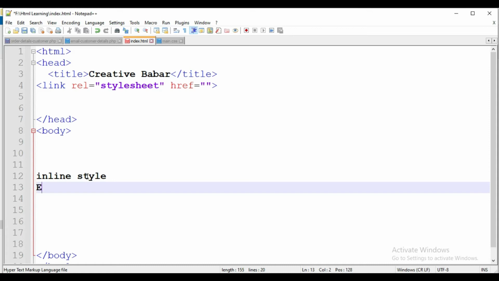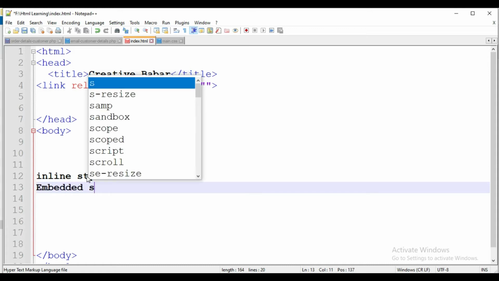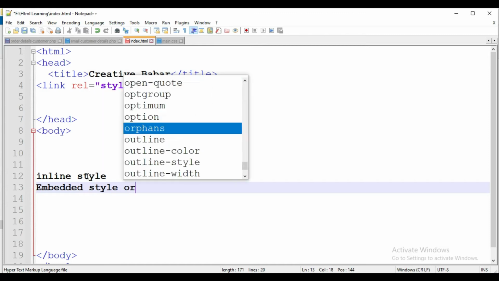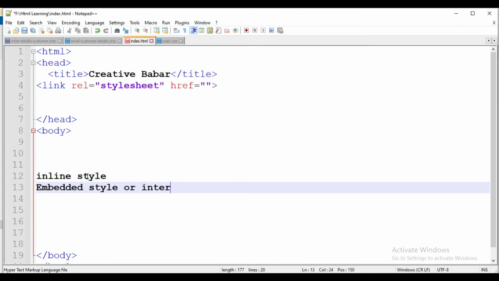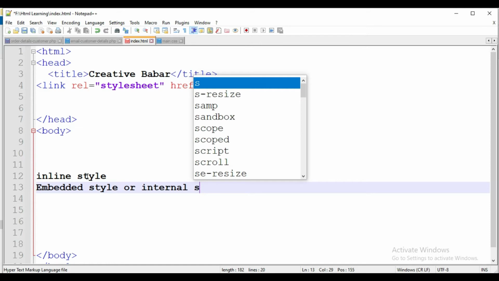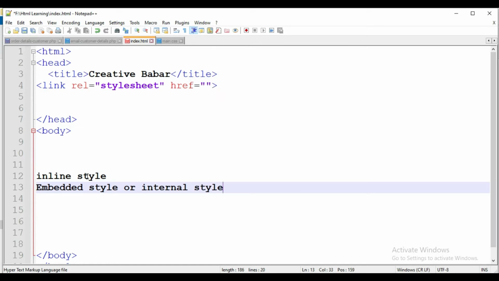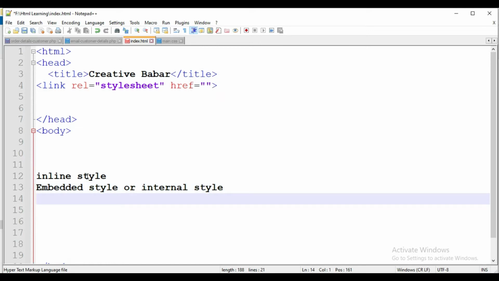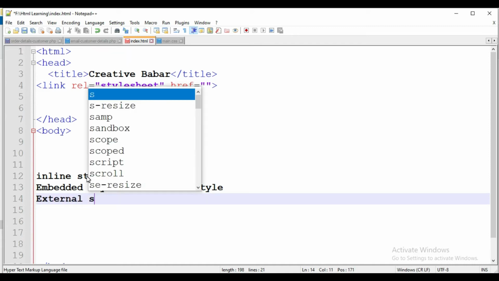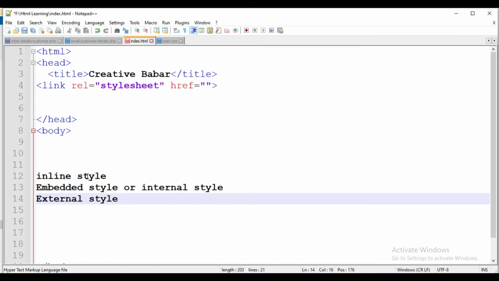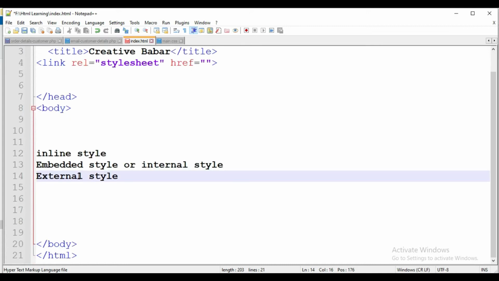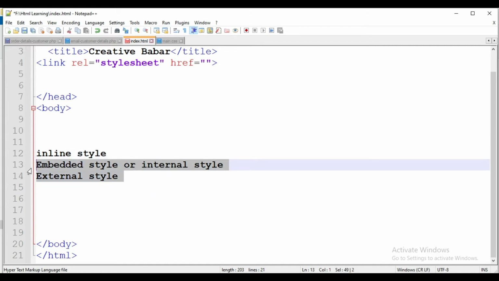Second is embedded style or internal style. Third is external style. So we will discuss three. First one is inline style.